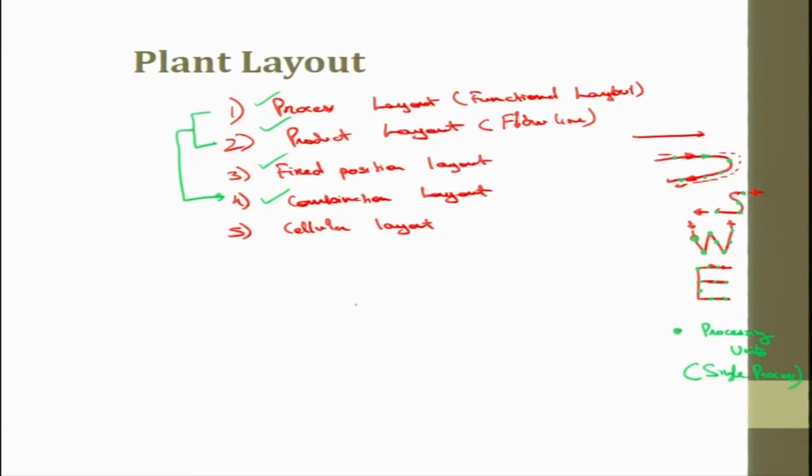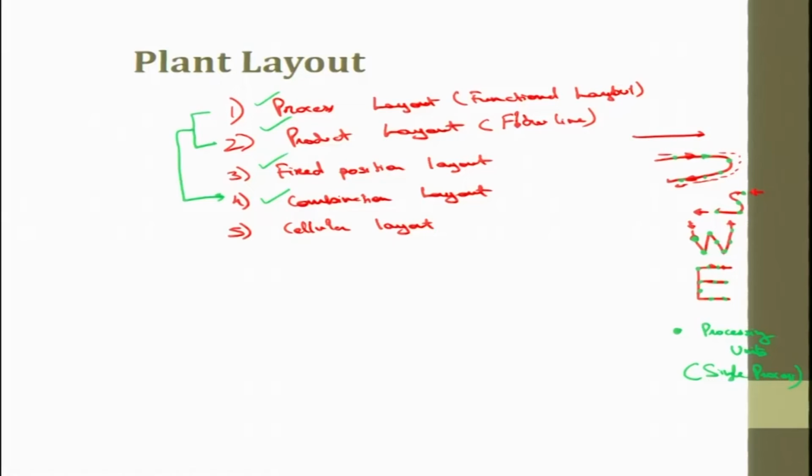Those things could happen. Then cellular layout is when we have these kinds of small cells like this, U, S, W, E, small cells are there, and cellular manufacturing is also there. Also we have computer integrated manufacturing, when one specific cell is controlled by one computer. For instance, I have been working in Hero Cycles, and there we have a kind of a cellular layout for most of the manufacturing. So what is there for manufacturing of a rim? Actually, we have special purpose machines, because it is all mass production. So I'll take another example.